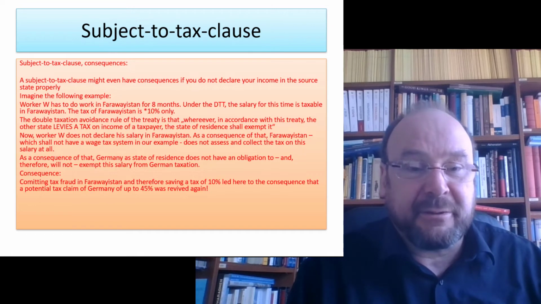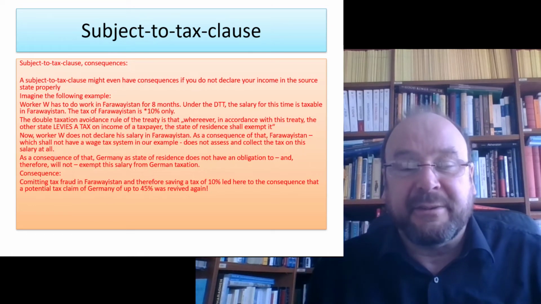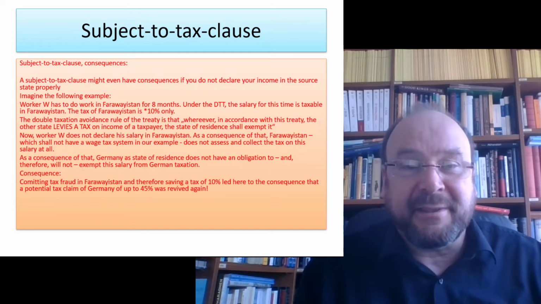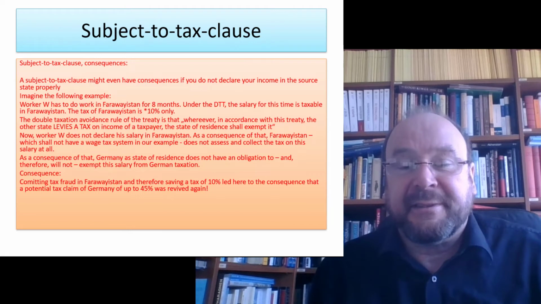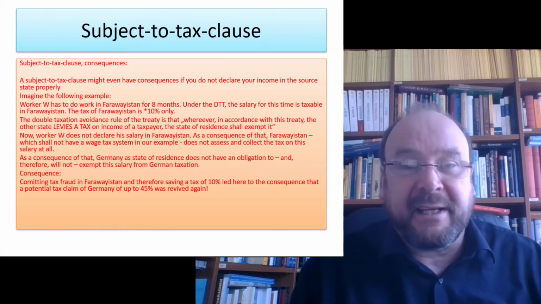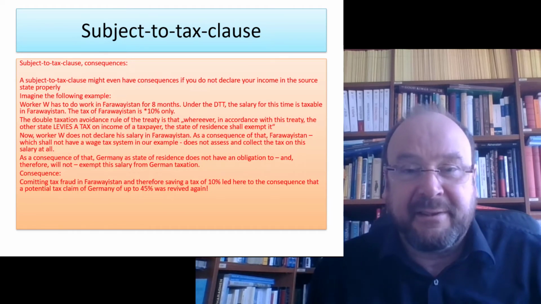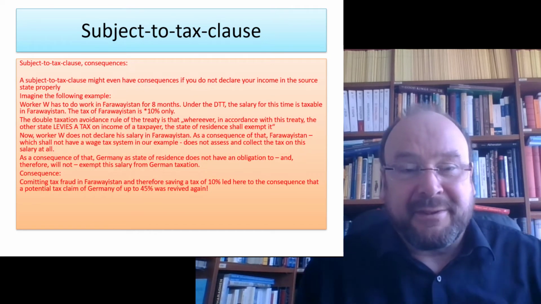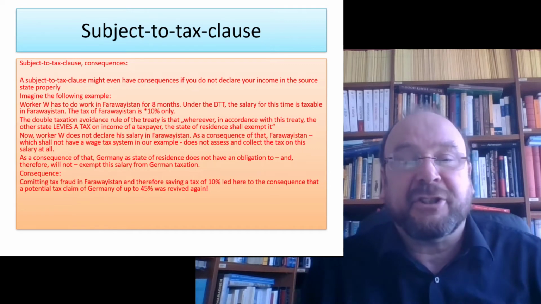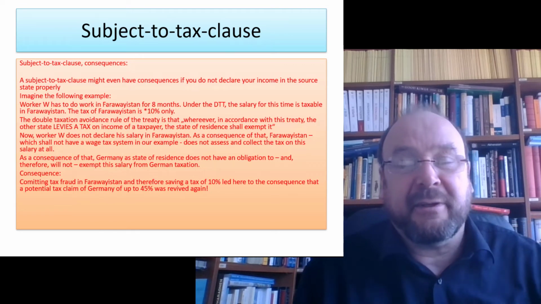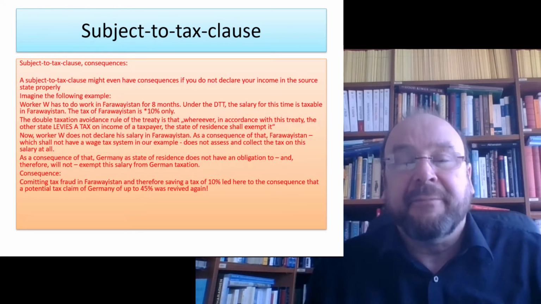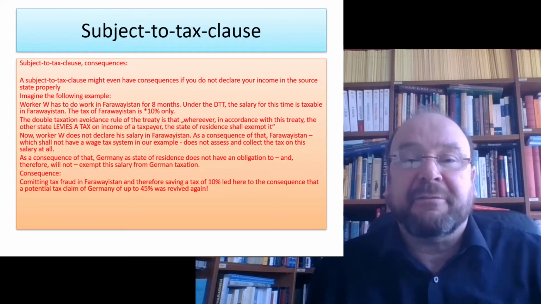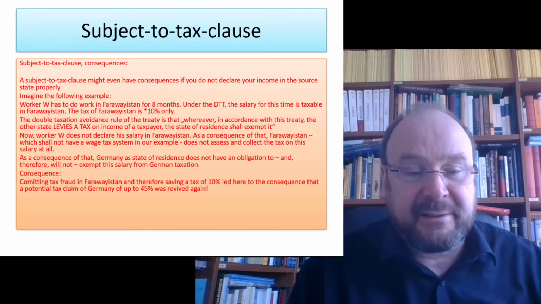So if we have a subject to tax clause, then the surprising result is if our worker commits tax fraud in Faroese and does not pay his taxes there, then as a consequence of that, Faroestan did not levy a tax in the individual case. And so the exemption clause is not triggered, with the consequence that Germany still has a tax claim for the salary from these 8 months. And so you also committed tax fraud in Germany, or you have to pay the full German tax, let's say